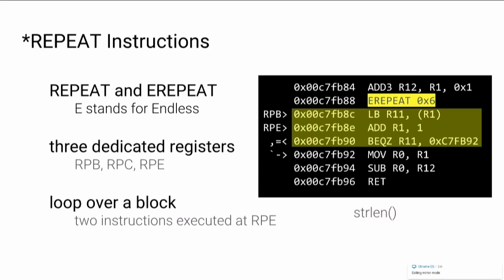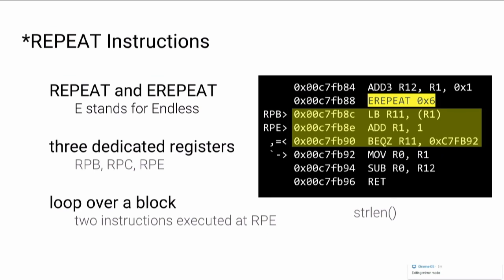And how does that work? So when PC reaches the instruction just after repeat end, RPE, PC will be set back to RPB. So we have an endless loop. And the only way the CPU can exit the loop is to take the branch. In that example, the R11 register must be equal to 0, so that the end of the string will pass to strlen. Repeat is quite similar, but it uses another parameter which configures the RPC register, that's repeat count.